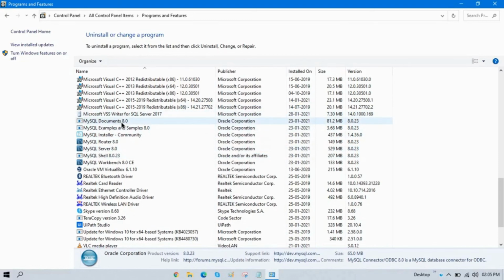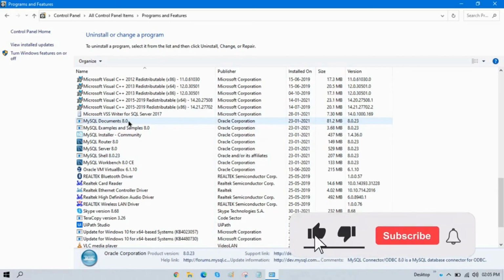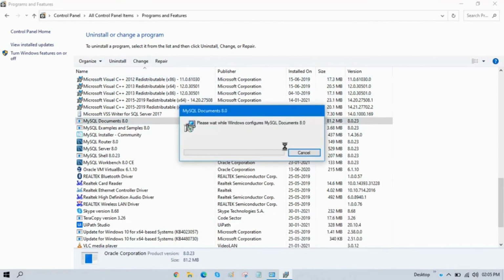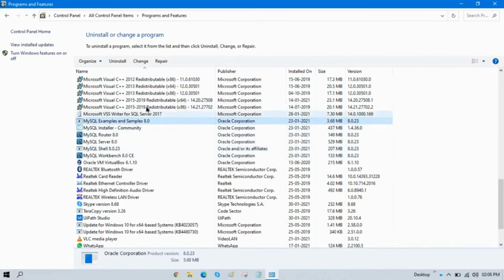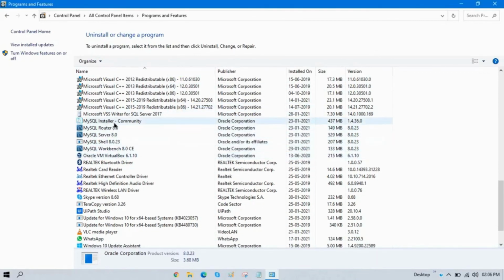Now the second thing, whenever you install MySQL, we also install examples, samples and the documents of MySQL. So we have to uninstall that documents as well and the examples and samples of that MySQL. So uninstall that also. Now here we have a MySQL installer community, so we need to uninstall that also.